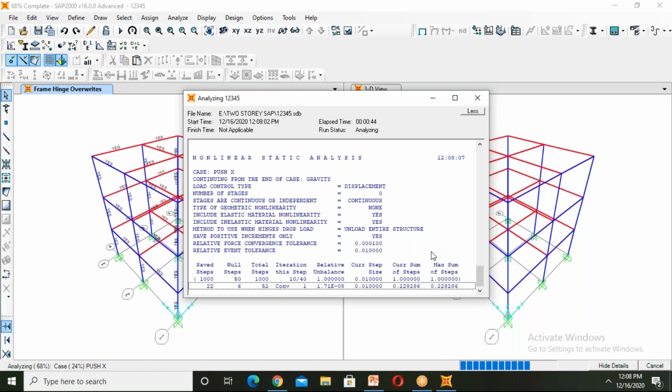The analysis has been started. Here you can see the push X. Here it is.